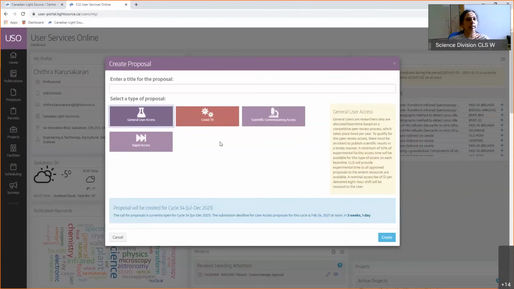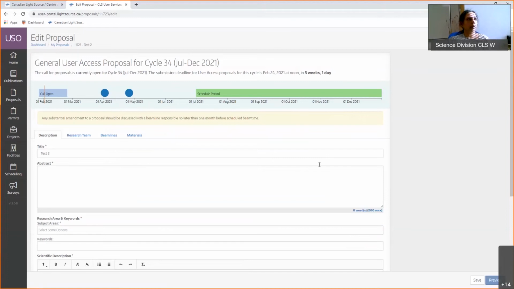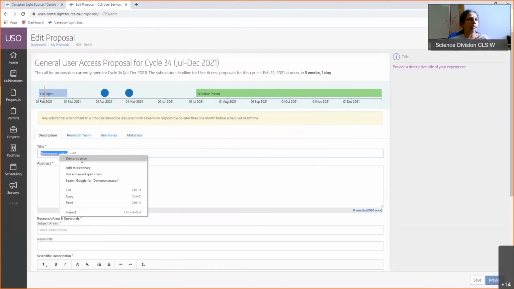You click on it and you have to give a title. So I will say test 2, and you click on it and say create, okay? Once you create, the title will come here, but if you want, you can change your mind and edit it anytime, okay?